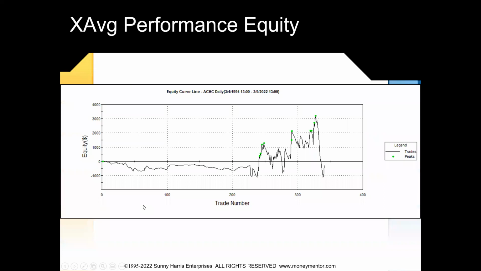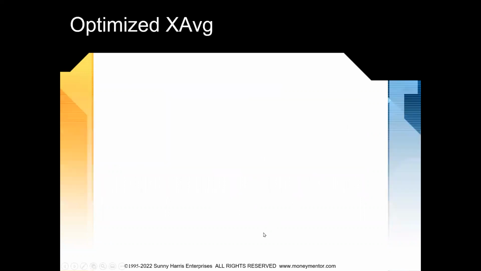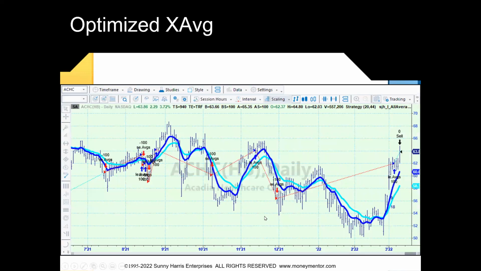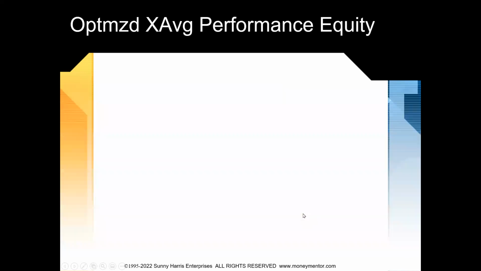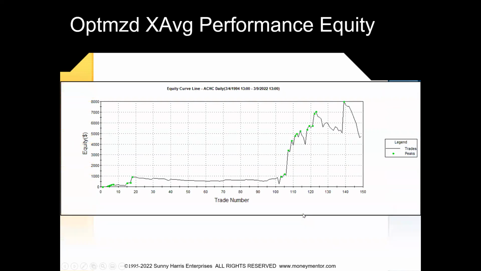And there's the performance on that one. It does relatively well for a while, makes 3,000. The simple made 10,000 optimized. This makes 3,000 and then loses it all. So that happens too. If we optimize it, then we get still more red lines, but it does make money.